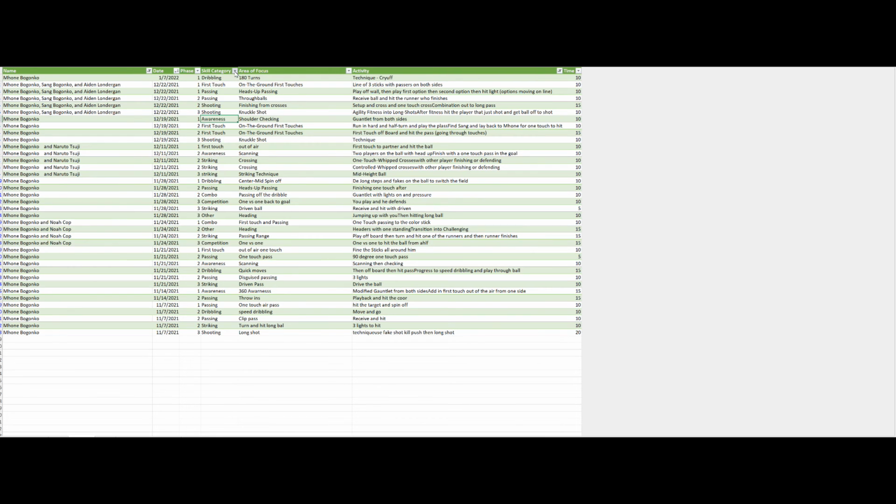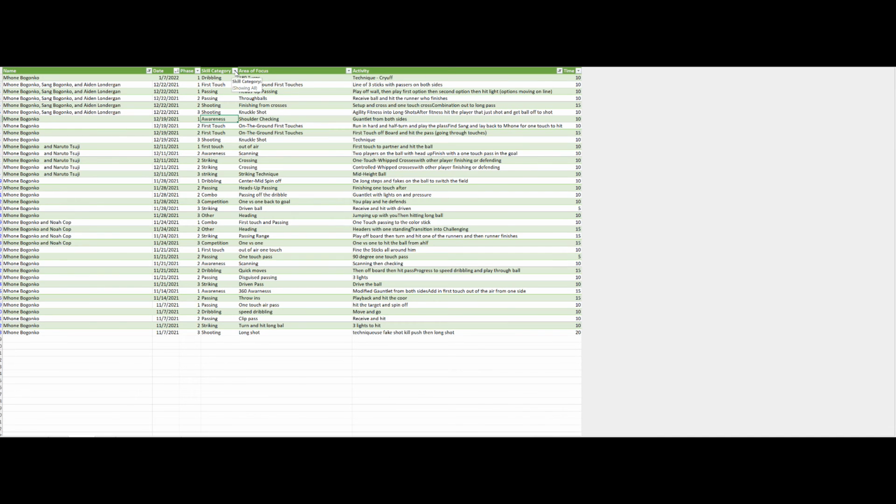I want to look at dribbling for them. Okay, now I look at all the dribbling. I want to look at shooting categories. Right now I've got all the shooting. So it's very, very easy, I think, to navigate through and help us help our players